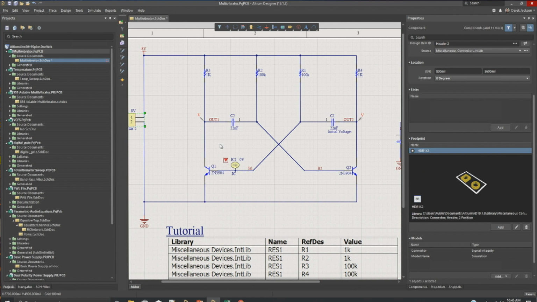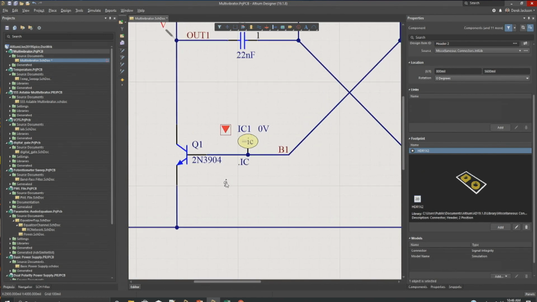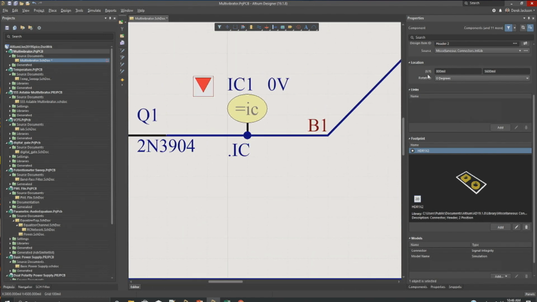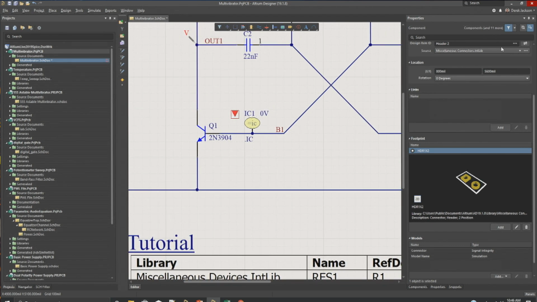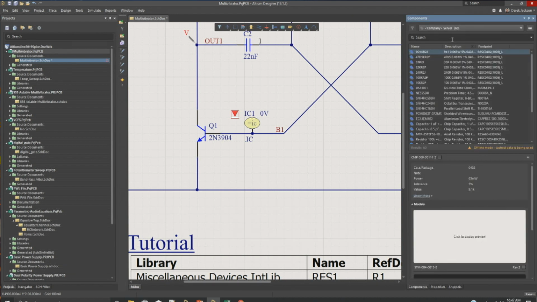So from the simulation sources, there's an IC component. We can set the initial value on one of these components, which allows it to start simulating. If I go to my components panel, over here I can grab the